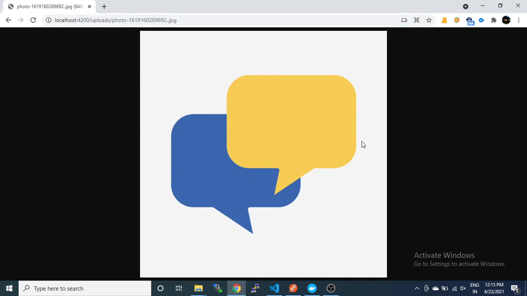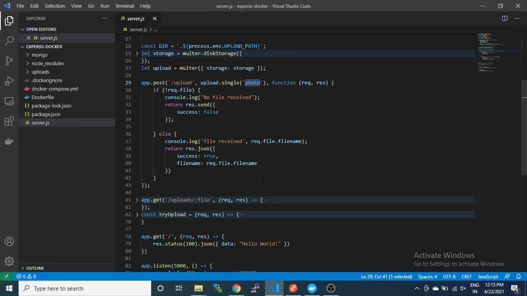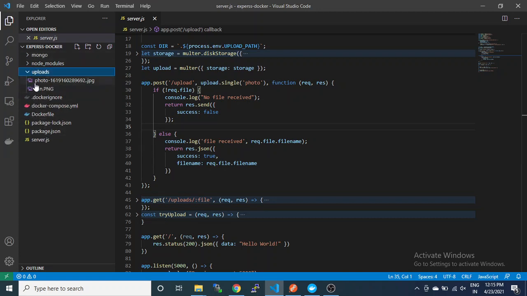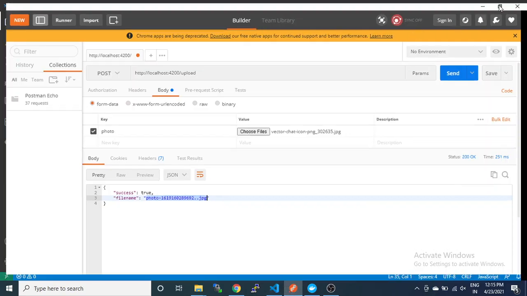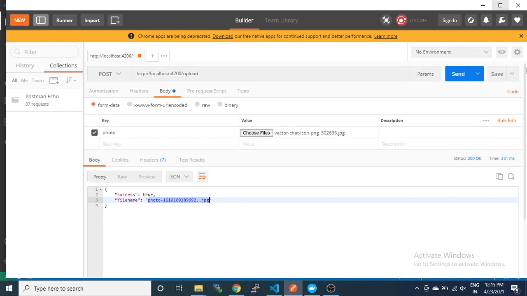Okay, so what we will have to check, we will have to check the container. Okay, so these folders are outside the container, so we can check it here. See, you can see the image uploaded by you from here.